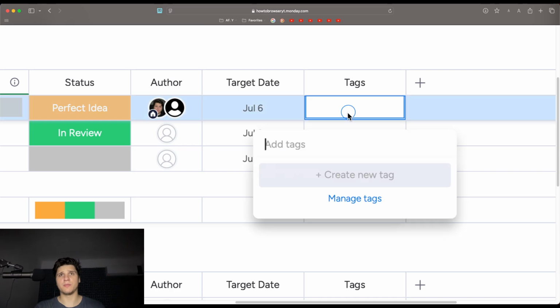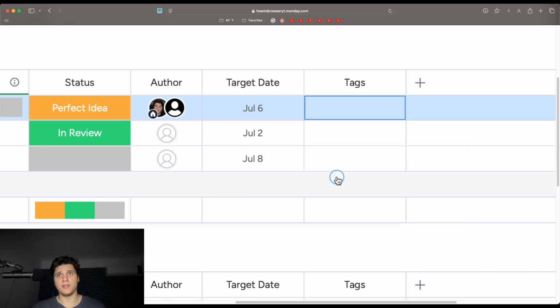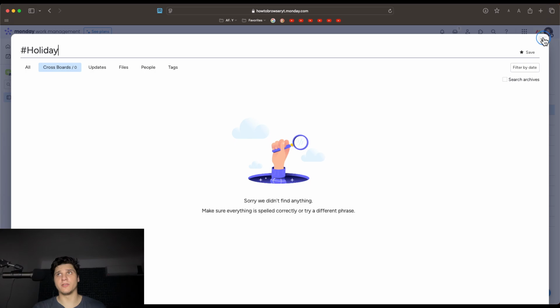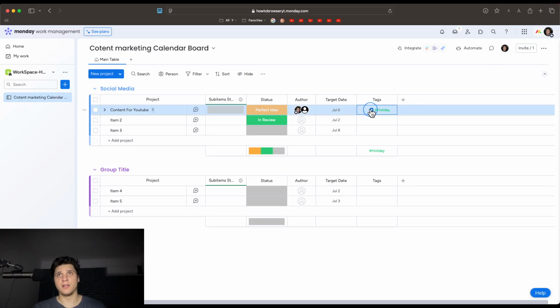Now we can add some tags related to content creation, because that's what this board is about. It's just an example, but let's say I have a holiday. Create a new tag, holiday, and now we have this tag and we can search based on it. Now let's add another one, maybe campaign